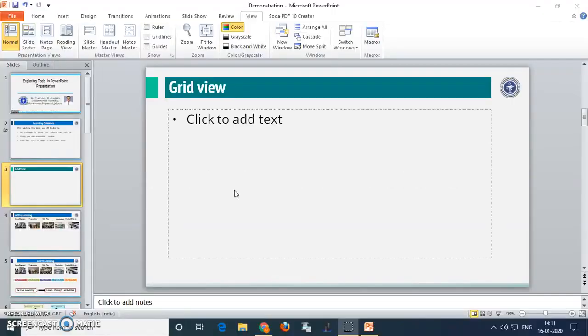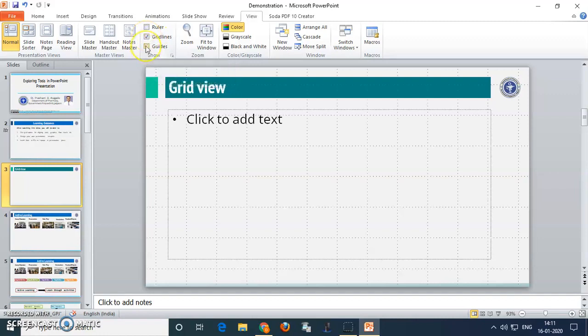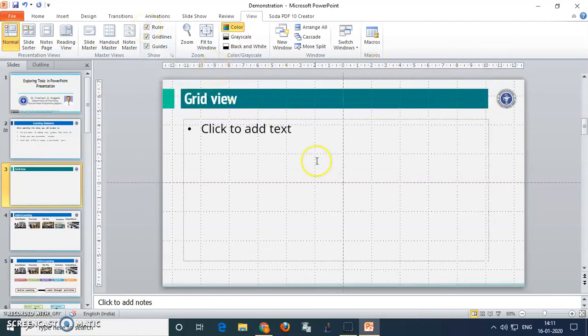Grid is available in almost all slide presentation tools, but most of us have never used it. Please switch on the grid by going to the view option of that particular software. So here you can click on view options and just switch on the grid by clicking in front of grid lines. Make a checkbox here, then again click on guides, so it will provide the center lines, horizontal as well as vertical, and switch on the rulers also. It will help us to place the graphics at their particular places.